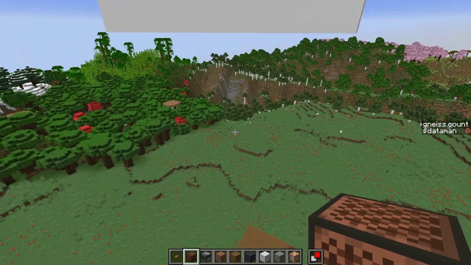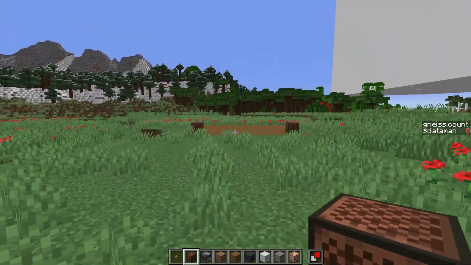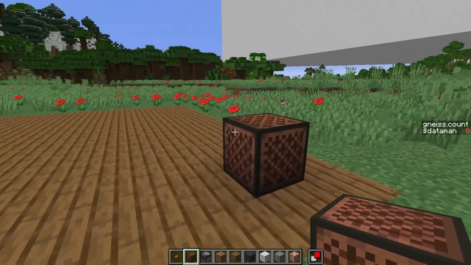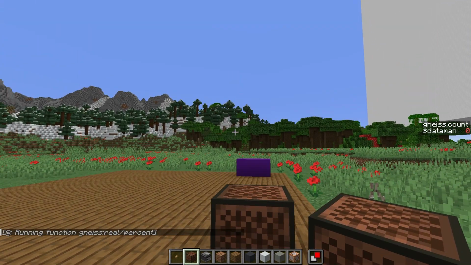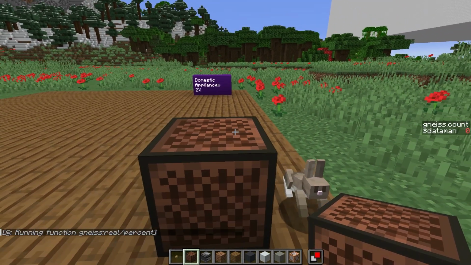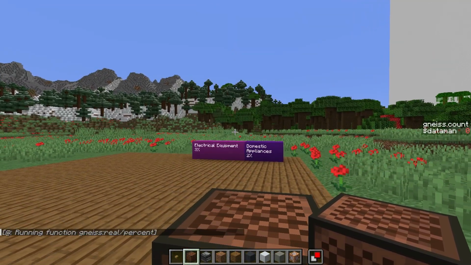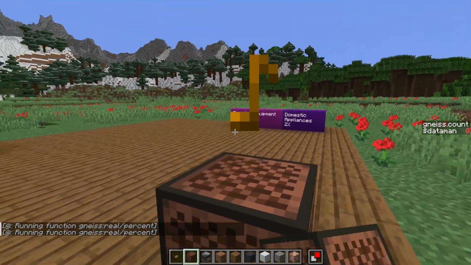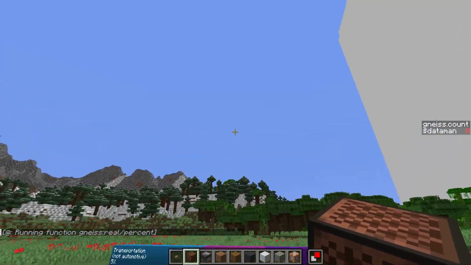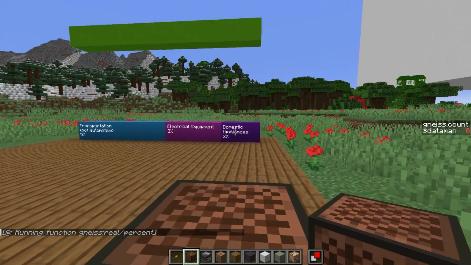Let's go down and then, okay. And then is it this one? Percent. Yes. Hi, Rabbit. You come over to learn about iron. And so this just summons a falling block up there, and then at times puts a text display on it. I think I need to spawn it in closer. I didn't want it to spawn in anybody's vision, so they spawn in kind of far up there. But